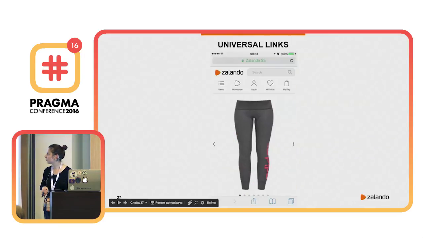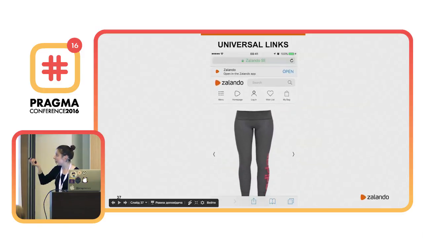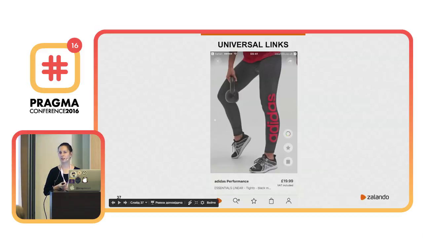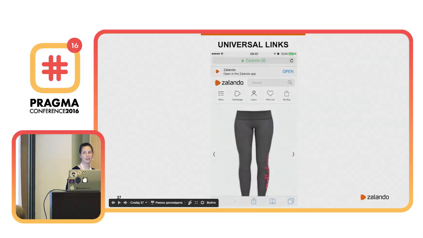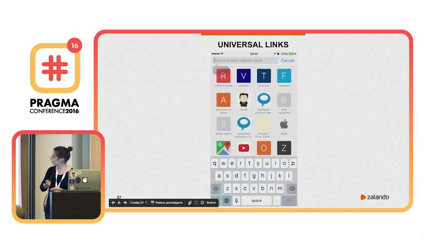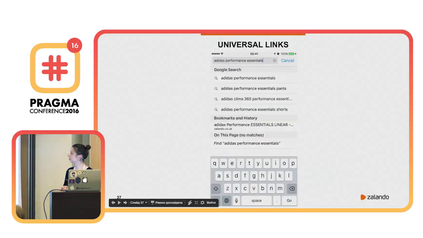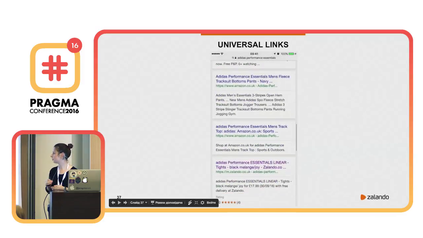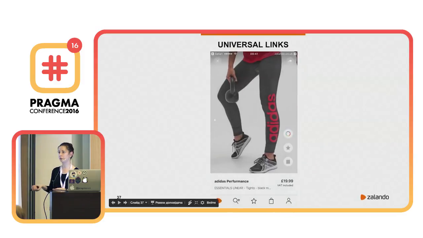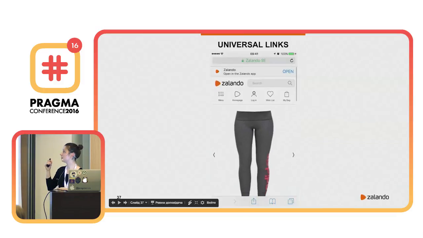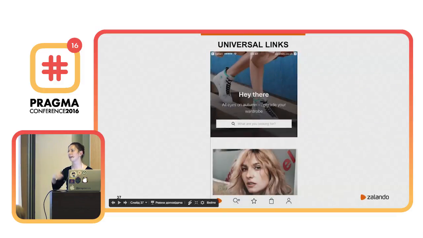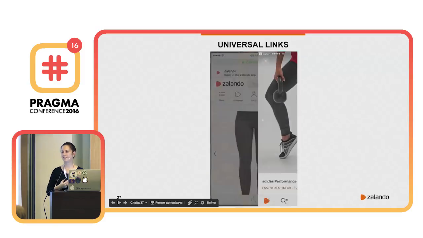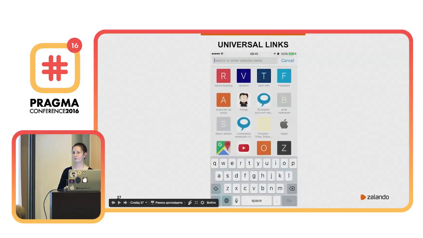So to go back, because you need to come back sometimes, you use a smart banner to return to the same behavior, to go to your application again. So next time, when I search again for Adidas or wherever, just as an example, you will go to the application again. So the Smart Banner is used to come back to your application if one day you chose that you want to actually come back.